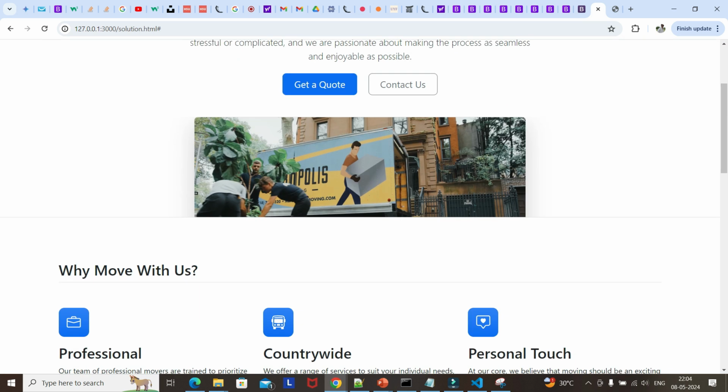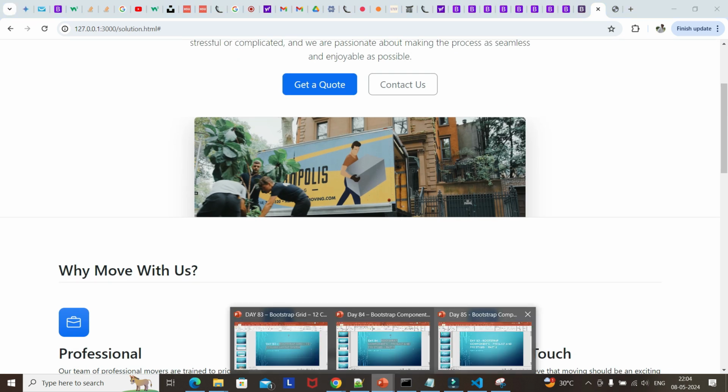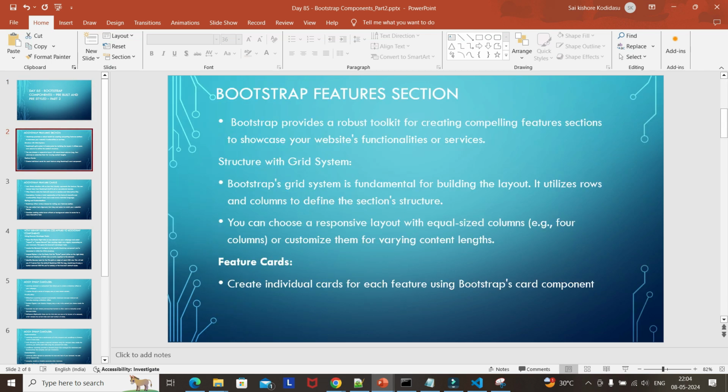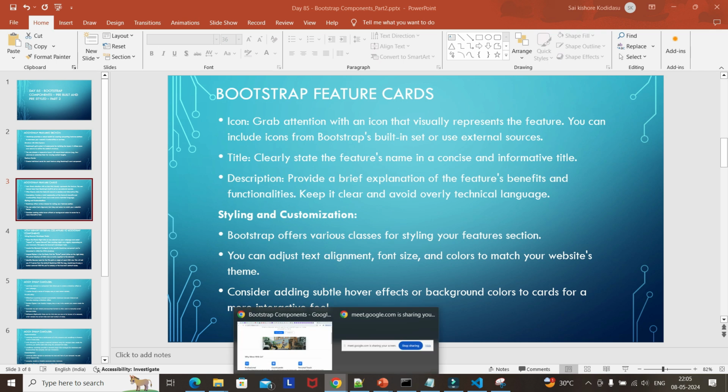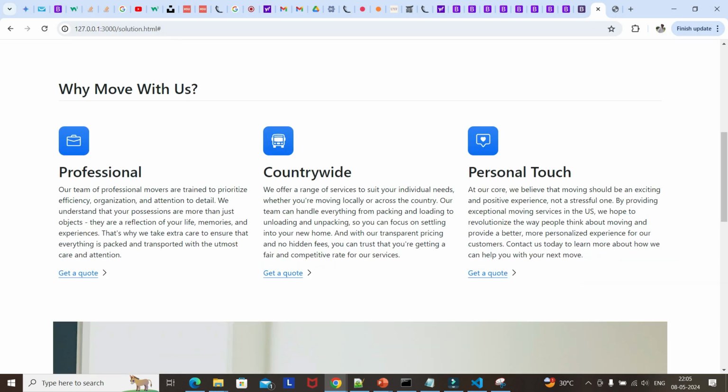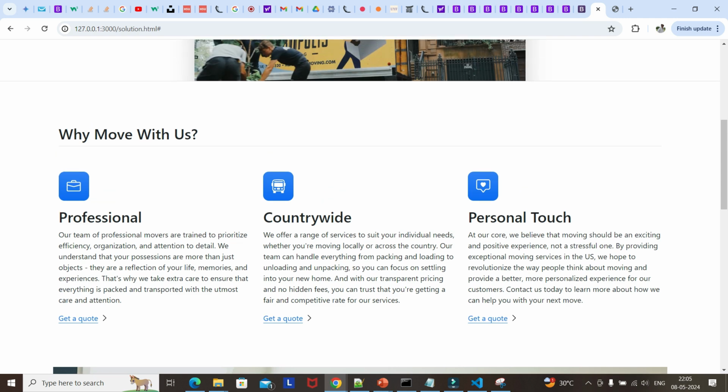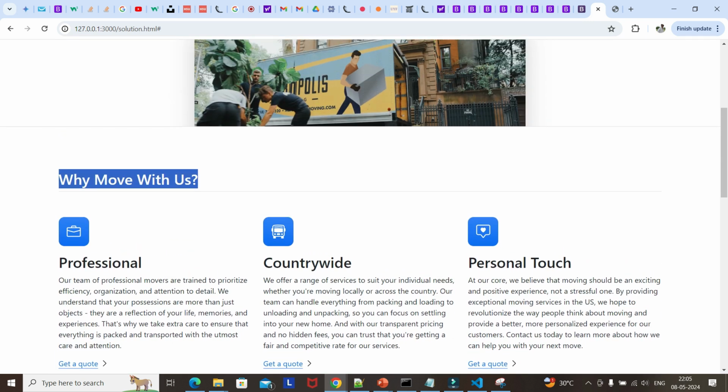So now to implement this, this is generally the feature section where we have different features. Depending on the feature cards, feature cards are like icons, titles, and there are multiple links where, for our website, for example, this is like a packers and movers website, something like that, where we have defined the features. So why move with this? So for this now